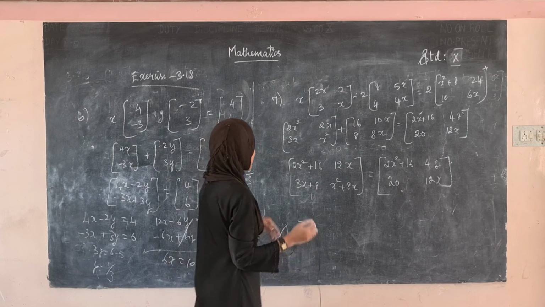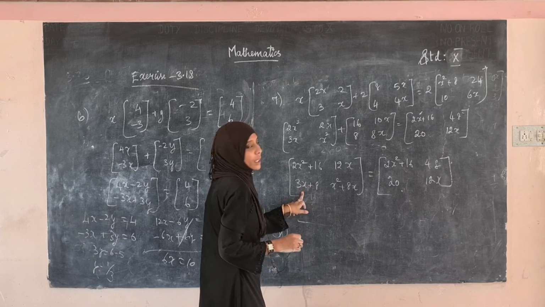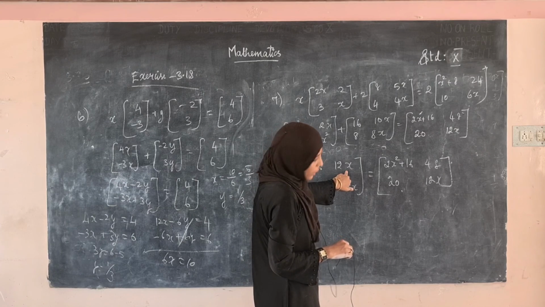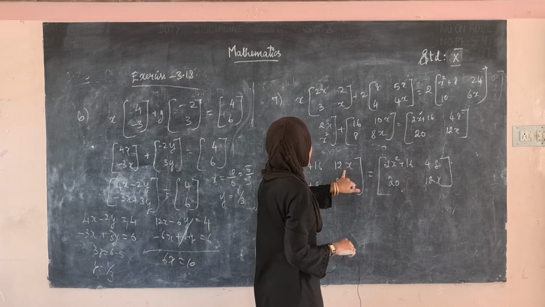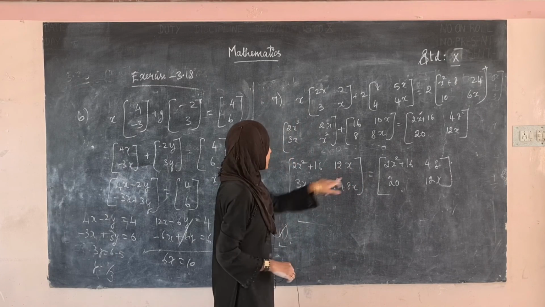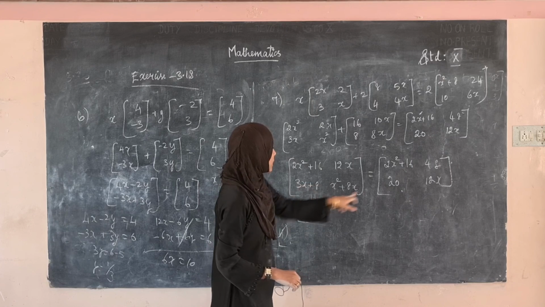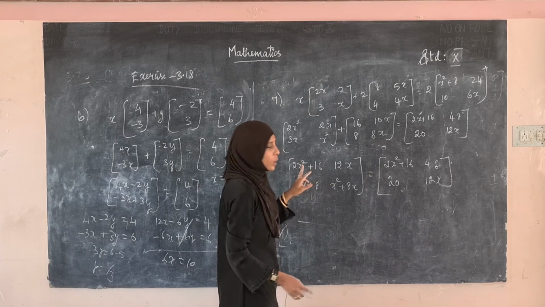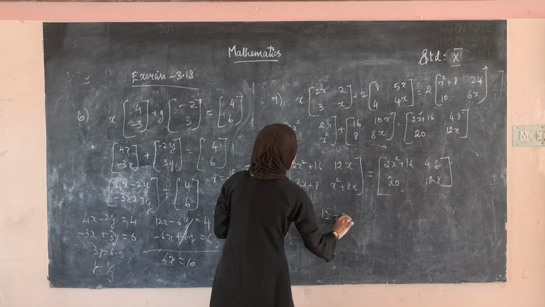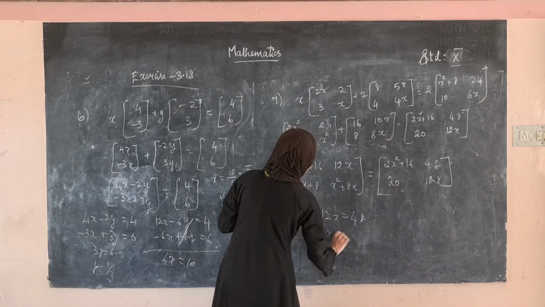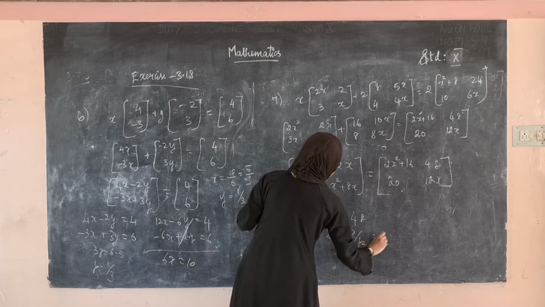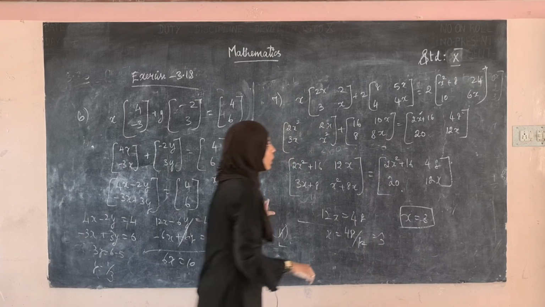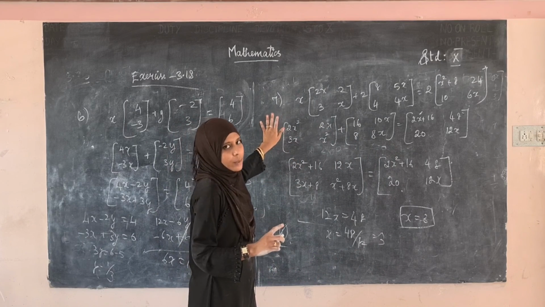Okay, see here, we can take this and this, then we can find the value of x easily. If we take this, 12x is equal to 48, then x will be equal to 3. Similarly, bringing here 3x plus 8 is equal to, bringing this 8 that side, 3x is equal to 9, x is equal to 3. If we take this and this, it becomes 0. Therefore, take this second element, 12x is equal to 48. x is equal to 48 divided by 12, which is equal to 3. So, what's the value of x? x is equal to 3. Okay, we have only one variable x, so we have to find only x.